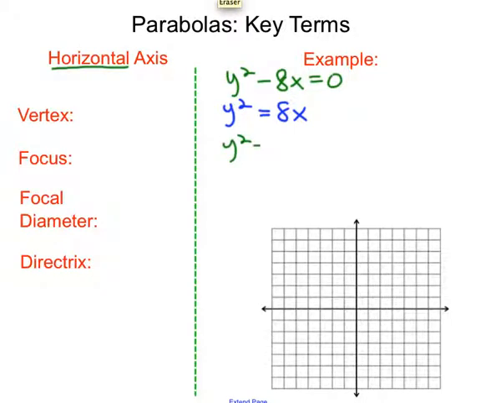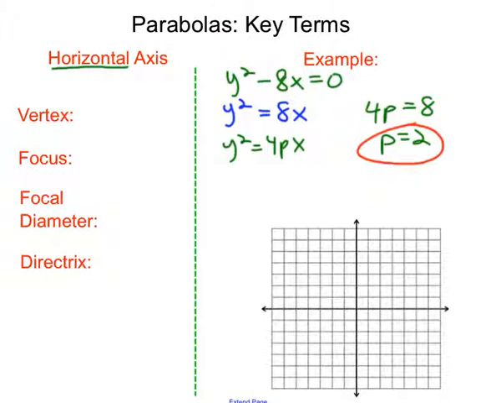So we have y squared equals 4px, and we see that 8 is in the place of 4p. So if we wanted to find p, 4p equals 8, which means that p equals 2. So now that we found p, or gold, we can start filling in our different elements. Looking back at y squared equals 8x, 8 is positive, so we know that this will open, in this case, to the right, since it's horizontal. So we'll have something like this going on,